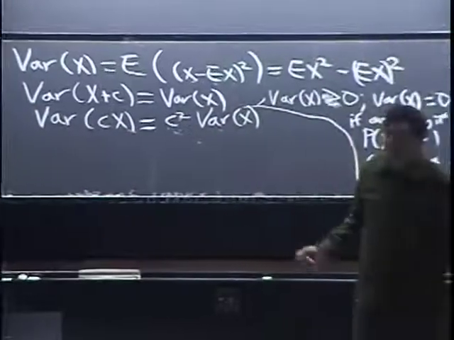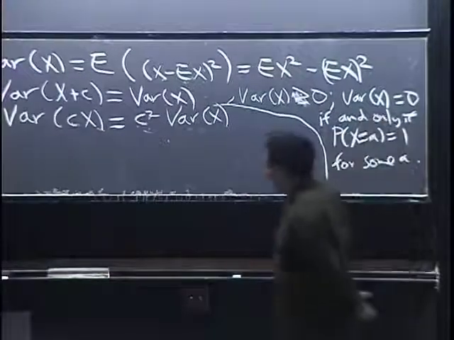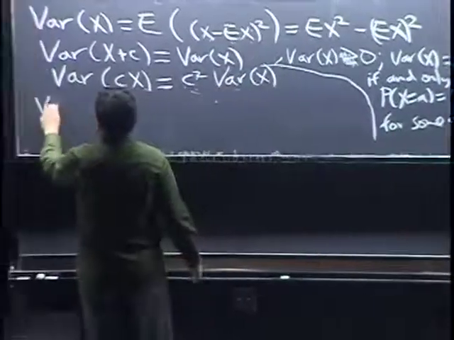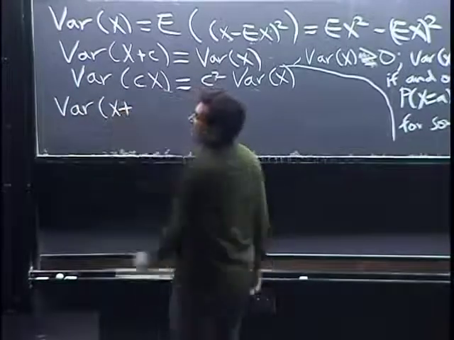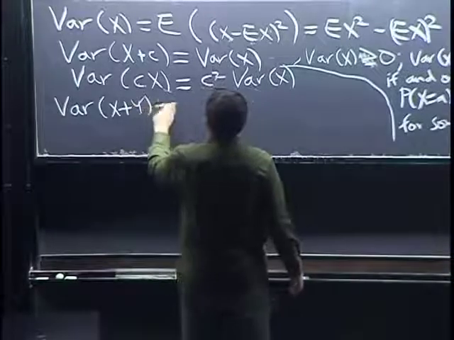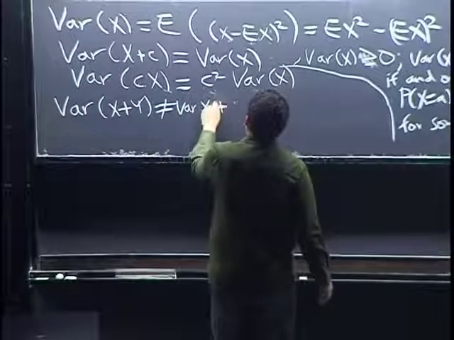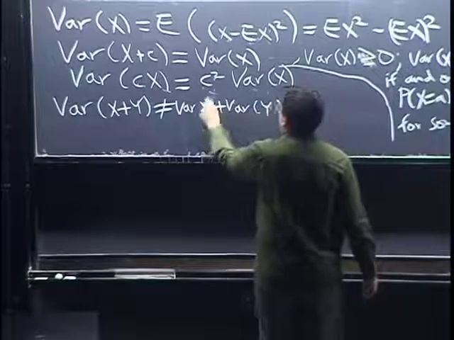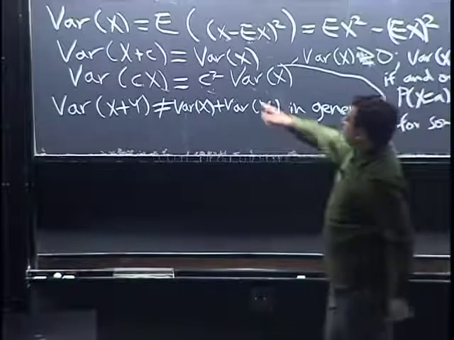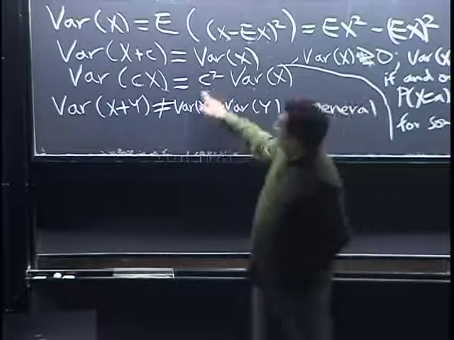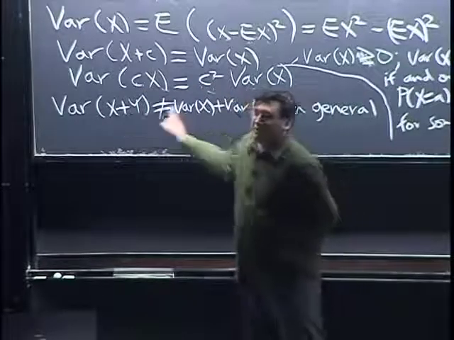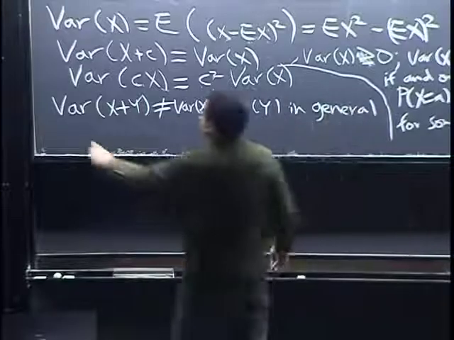And then just one other fact about variance. We'll do a lot more with variance after the midterm, but the only one other thing to point out for now is that variance, unlike expected values, is not linear. So variance of X plus Y is not equal to variance of X plus variance of Y in general. It may be equal, but it's not necessarily equal. So actually it violates both of the linearity properties. If it were linear, we would want constants to come out as themselves, and here it comes out squared, and we can't say the variance of the sum is the sum of the variances. It is equal